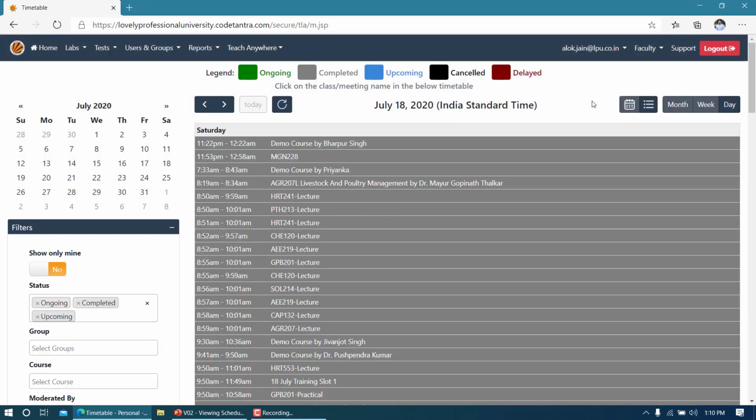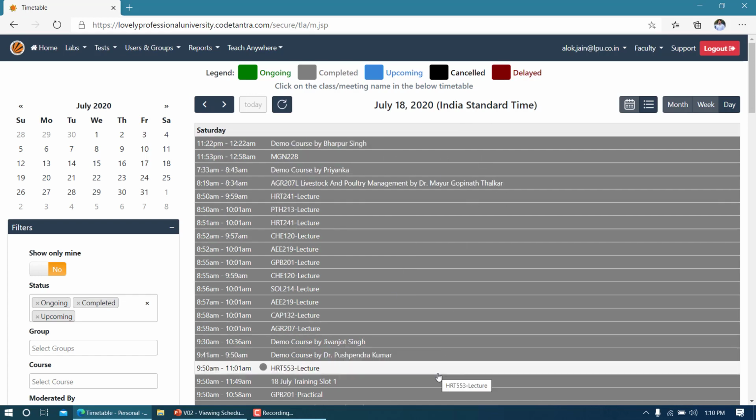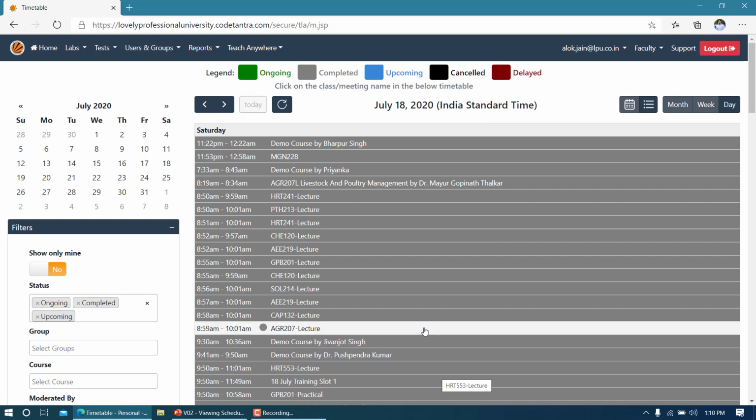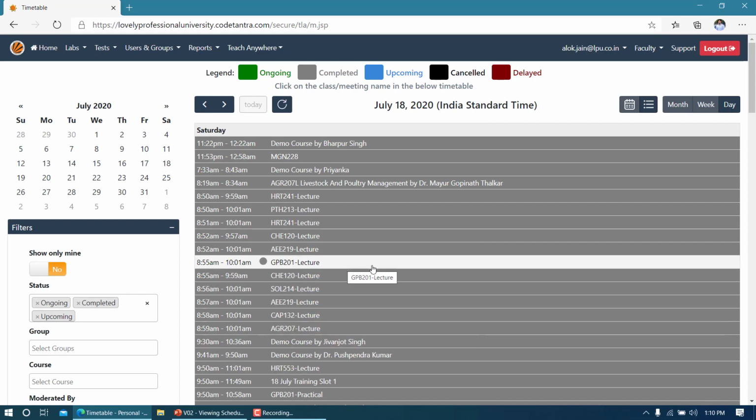Now there is one more thing that I would like to clarify: whenever you are going to join a class or hold a class, make sure you are selecting the classes which are already there in the calendar. Do not try to create a class on your own. That's a humble request. Otherwise, the students will be waiting in this class and you will be waiting in another class which you have created just now. So don't do that. Please select the classes only from the calendar which are scheduled.